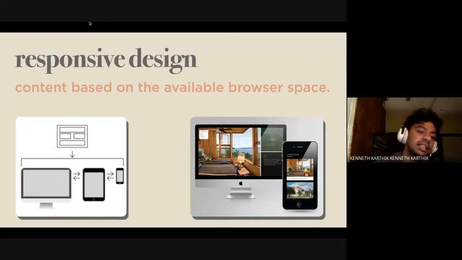So responsive design, the main difference is that it basically resizes very smoothly. This is something which has replaced adaptive design. A lot of people get confused thinking that both of them are existent as two different design methods, but basically responsive design is an iteration and evolution of adaptive design. Adaptive design used to be for specific aspect ratios, like I mentioned, but responsive design basically enables smooth transition between